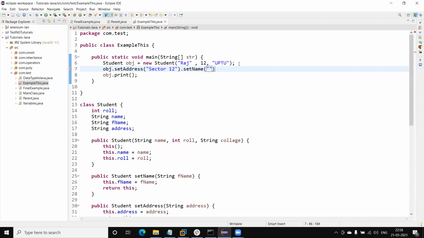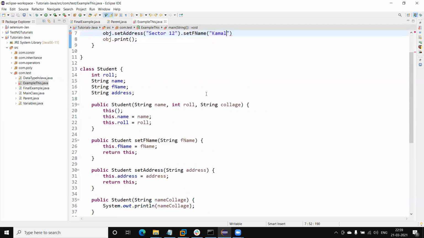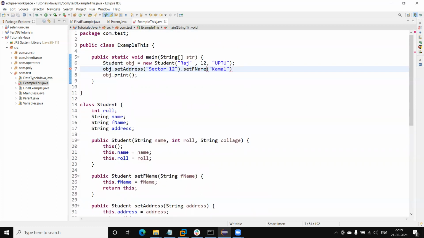And here get the fName, set fName. So using this keyword we can return the same class object.